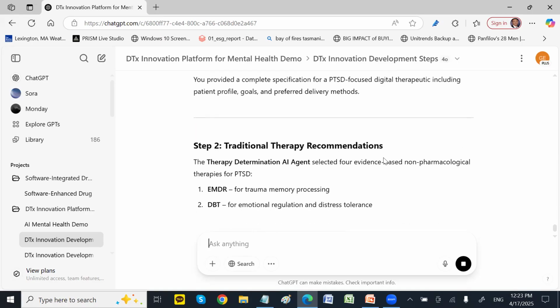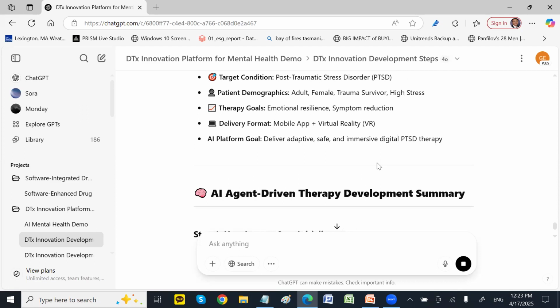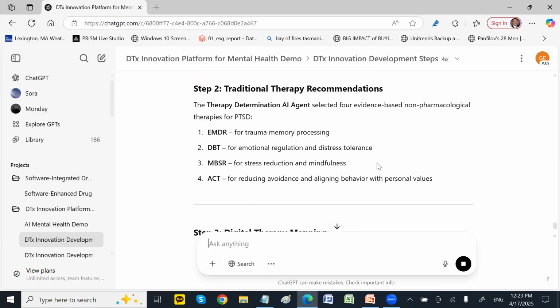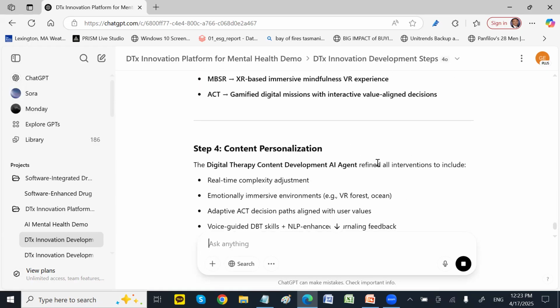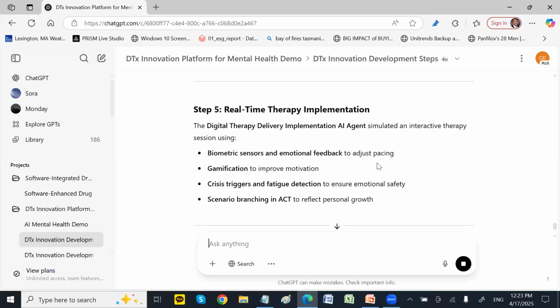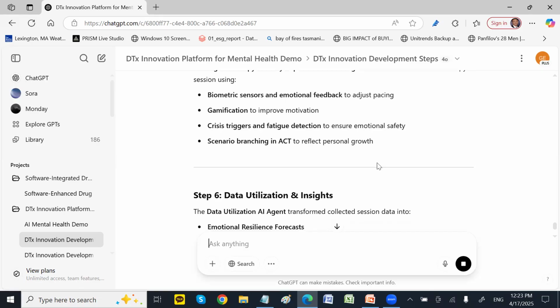It gives you everything. This is actually a DTx, highly personalized for the health condition and your input. This is one aspect, but it can generate a bunch of different inputs and different types of therapeutics and digital means.